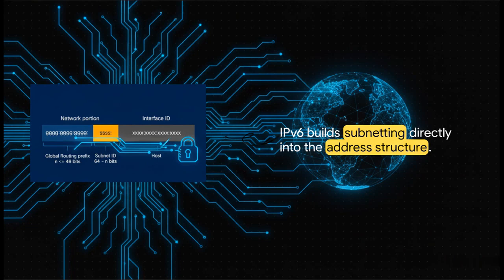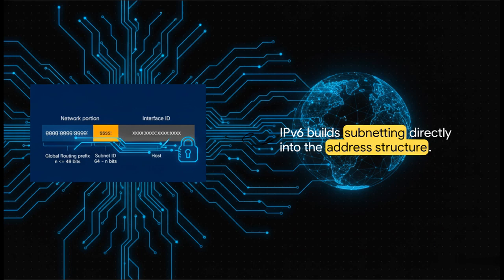And because this address space is so unfathomably vast, the underlying architecture gets to change too. IPv6 builds subnetting right into the address structure itself. It reserves a whopping 64 bits just for the interface ID, the host, and uses a global routing prefix along with a dedicated subnet ID. Ultimately, this eliminates the need for those complex network address translation hacks we talked about earlier. In an IPv6 world, every single device can have its own direct, secure, globally unique IP address without needing to